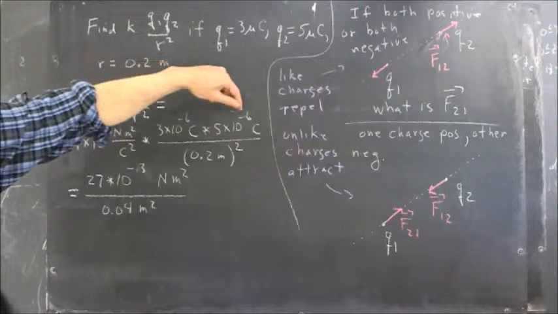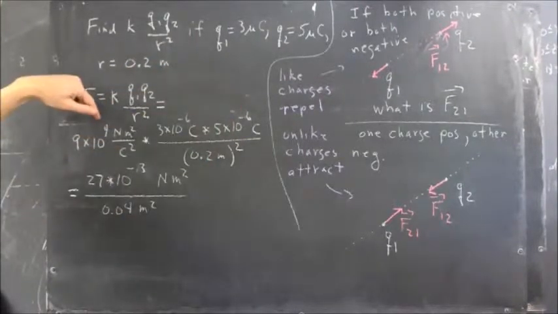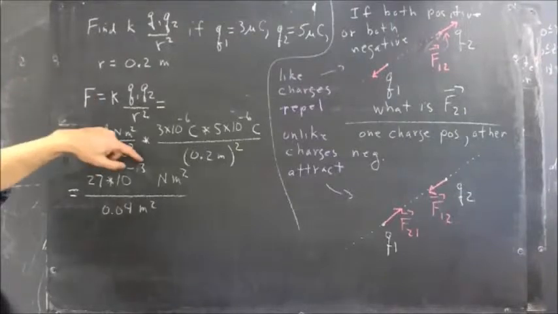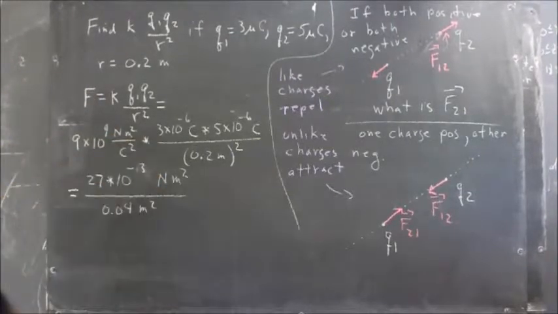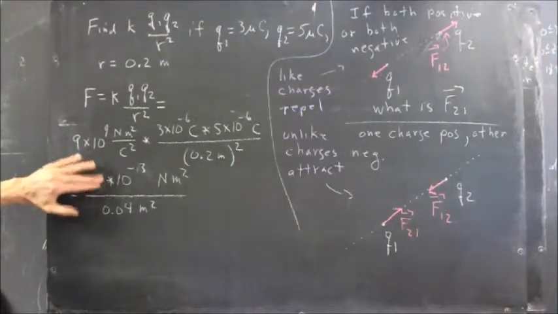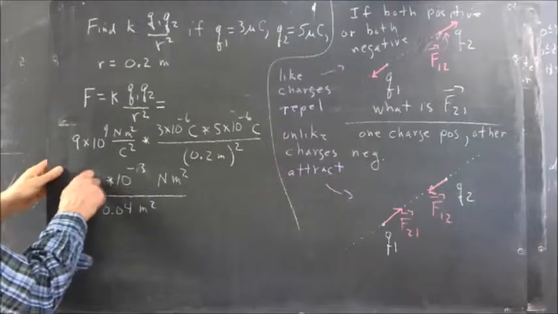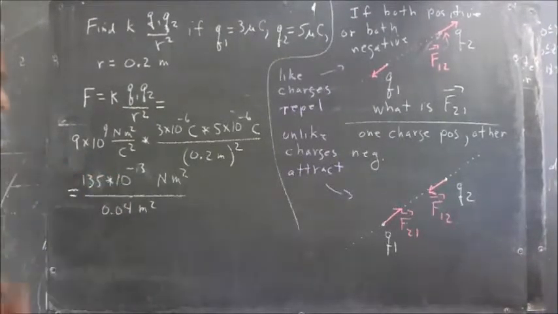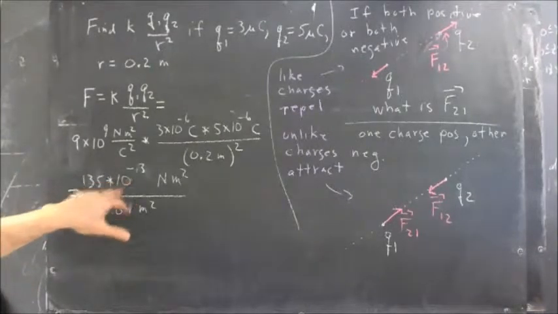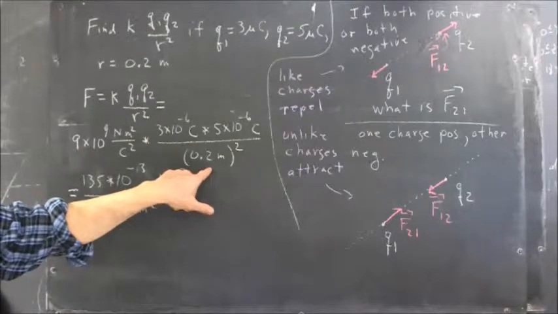10 to the negative 6 times 10 to the negative 6 is 10 to the negative 12th. 10 to the negative 12th times 10 to the 9th is 10 to the negative 3rd. 3 times 5 is 15, and 15 times 9 is not 27. I just multiplied the 3 by the 9. 15 times 9 is going to be 135. Okay, so we have 135 times 10 to the negative 3rd newtons, and then that's divided by the square of